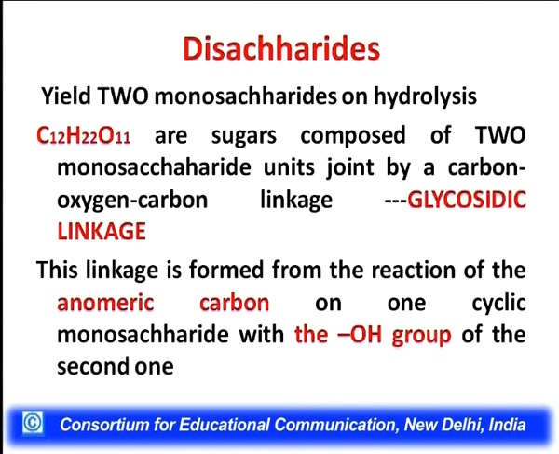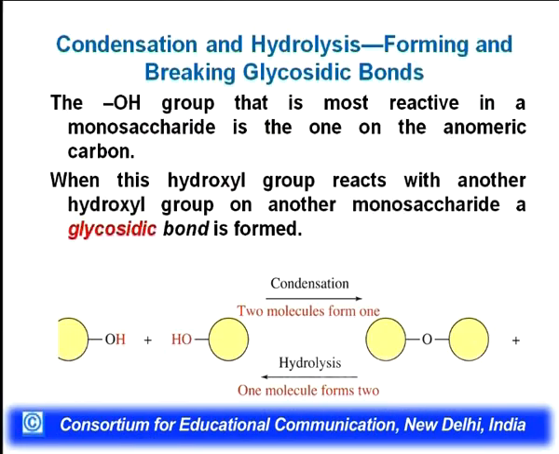So that means when we are forming disaccharides, one sugar molecule is acting like a glycan, and the other molecule, which is simply acting like a simple alcohol molecule, is the aglycone part of the glycoside. So when we talk of the formation of the disaccharides, what we find is that the OH group, which is attached to the anomeric carbon, will react with the OH group of the other